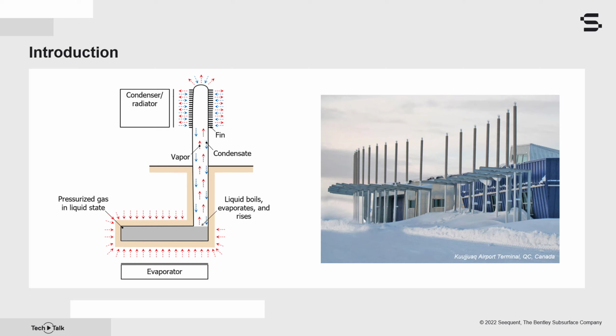This cycle continues while the air temperature remains smaller than the surface temperature, the air temperature remains smaller than a maximum operating value, and the difference between the surface and air temperature is large enough to cause vaporization of the fluid. Our project site includes two-phase thermosyphons, like the one shown here, for mitigating the impact of our building on